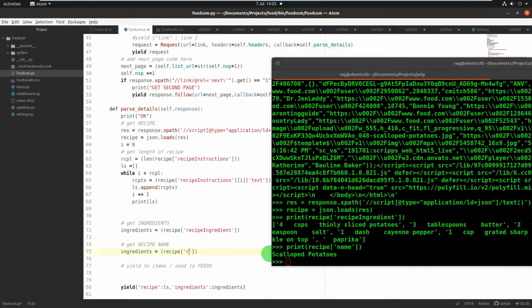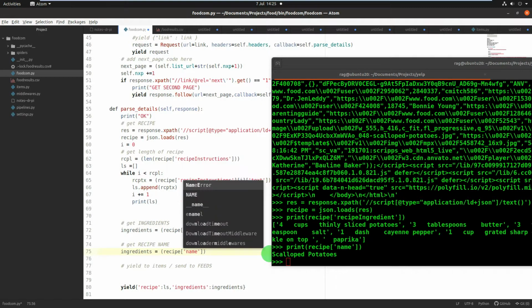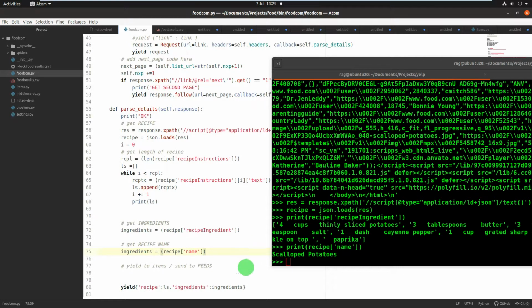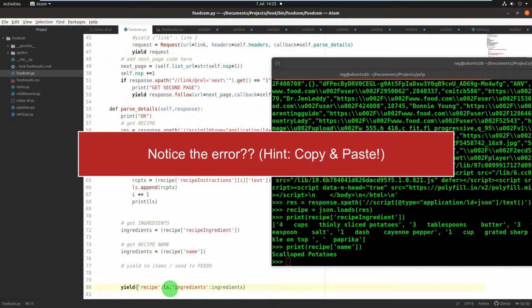We're just picking out a different key, and the key is name. How simple is that? And I'm going to put it at the start, but